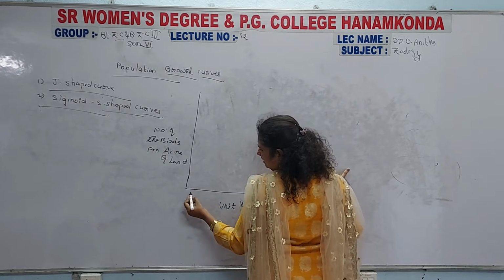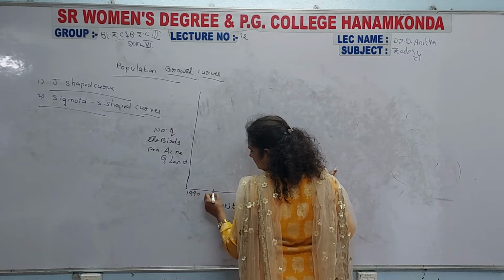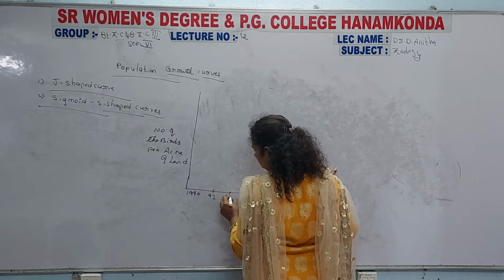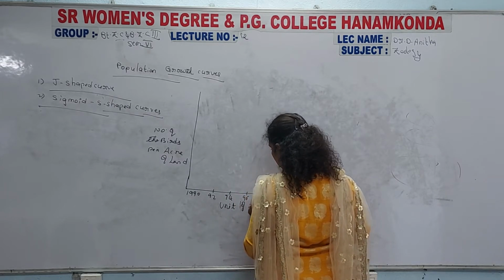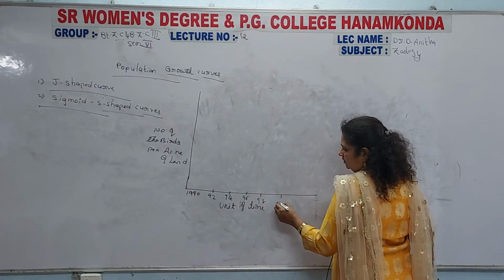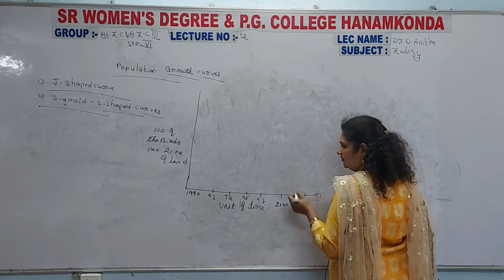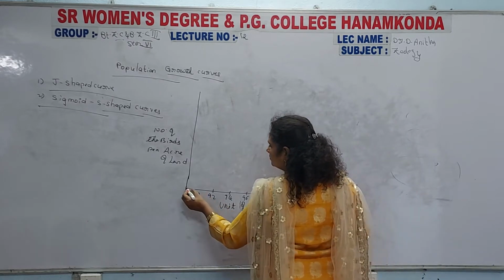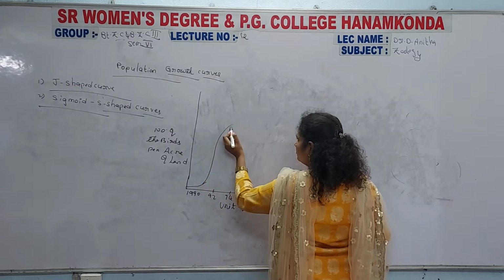So we can take up to 1990, 92, 94, 96, 98, now the 2000, 2002. So from these, it started gradually and slowly, then reached the maximum level